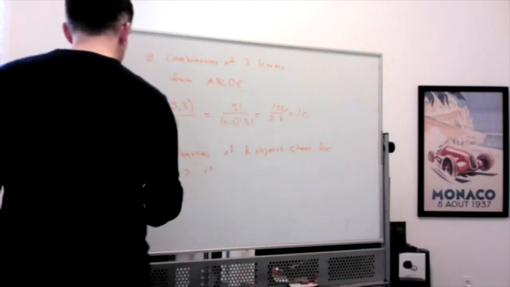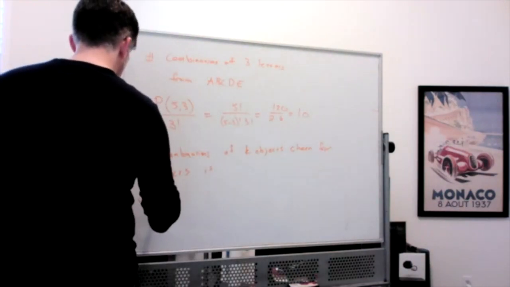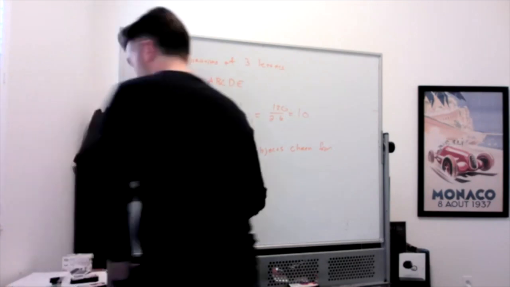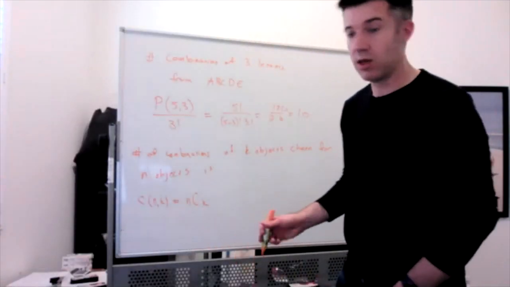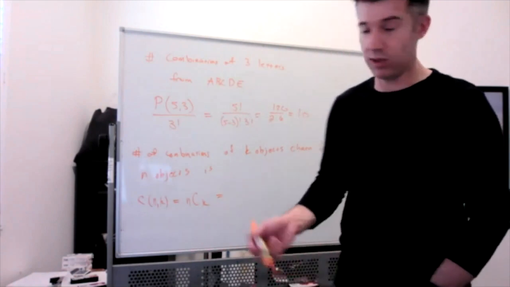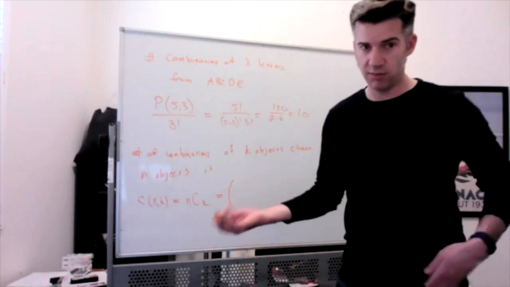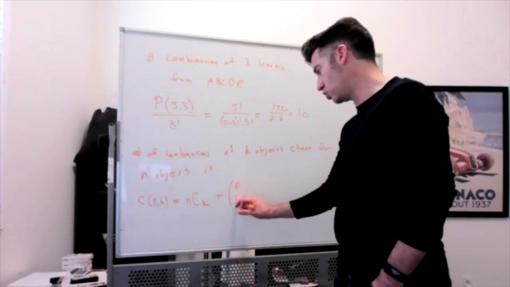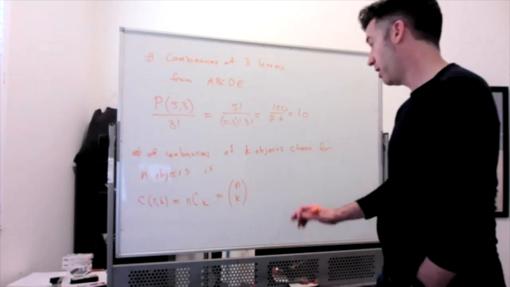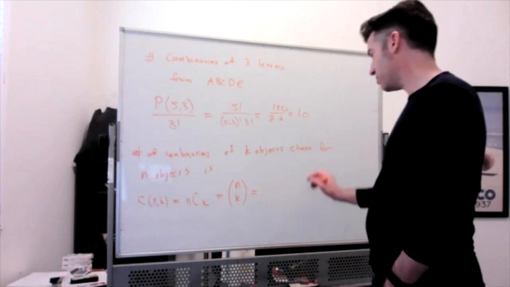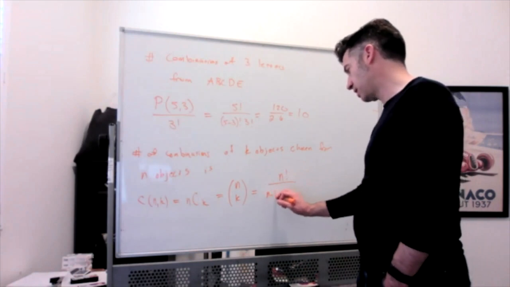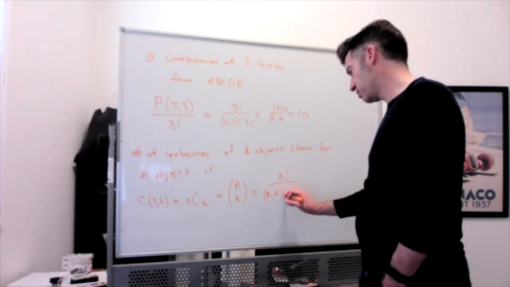You can write it as C of N comma K. You can write it as NCK or NCR like your calculator does. Or you can write it using my preferred notation and probably Tim's preferred notation as well. Sorry, Professor Lewis, Tim. N choose K. That's the pretty standard mathematical way to do it. And it's equal to N factorial divided by N minus K factorial times K factorial,